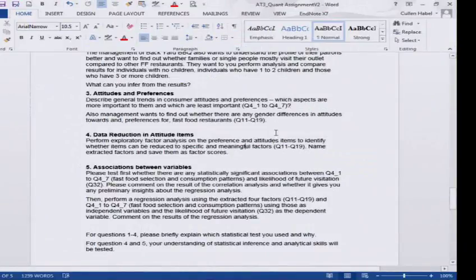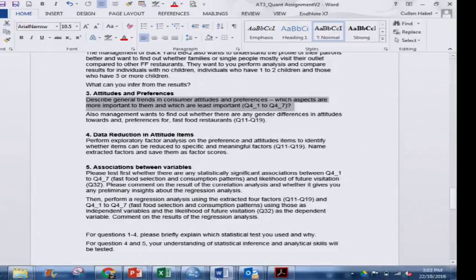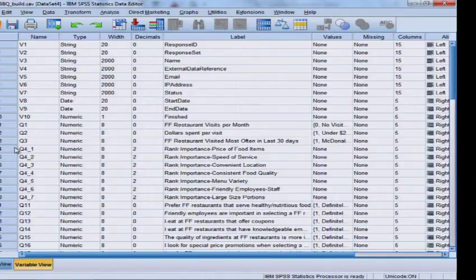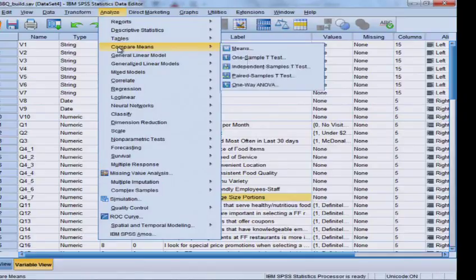I reckon all that we need to do here on attitudes and preferences is do a calculate means on those particular variables. So if we go back into SPSS and we look at the variables 4.1 to 4.7, we can see the rank importance of price, speed of service, convenient location, all of those sorts of things. All we really need to do there is analyse, compare means,